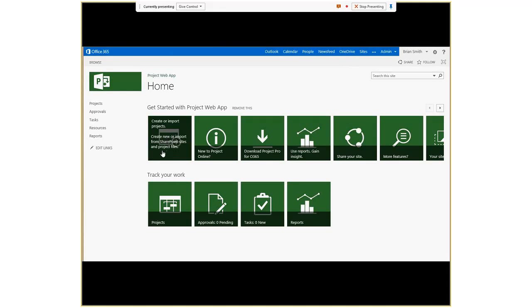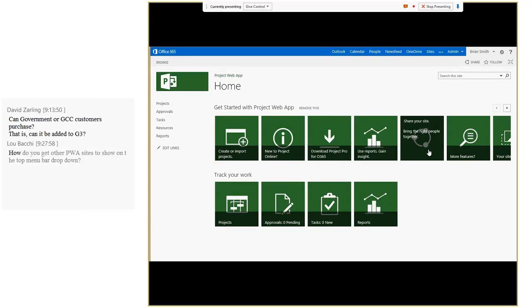So in terms of the tiles here, the first one talks about creating or importing projects. So that talks you through a wizard. There's a Get Started guide on TechNet, so you can click through from that tile and it will take you to there. There's a download link for Project Pro for Office 365 if you're licensed for that. A link to the reports, some information on sharing your site, details of more features such as the timesheets, resources, workflows,